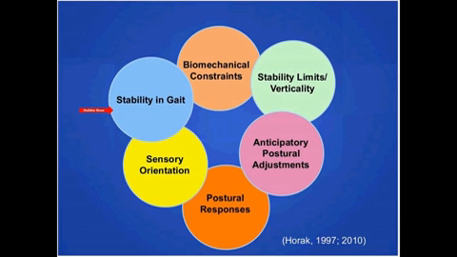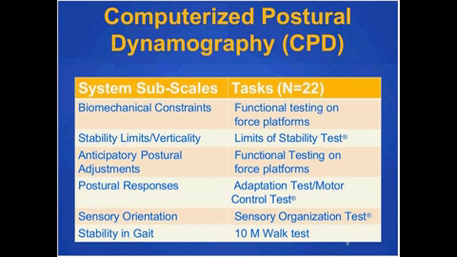So with that framework in mind, what I'd like to do is share with you some both computerized postural dynamography assessments and functional assessments that you can break down and really see which subsystems are actually being addressed by that particular assessment. For me, in designing effective balance and mobility programs, it's critical for me to try to ascertain as much information about the patient or client as I can, and that begins with a thorough assessment of balance and mobility. So if we look at computerized postural dynamography, which I have been a user of since the late 80s,